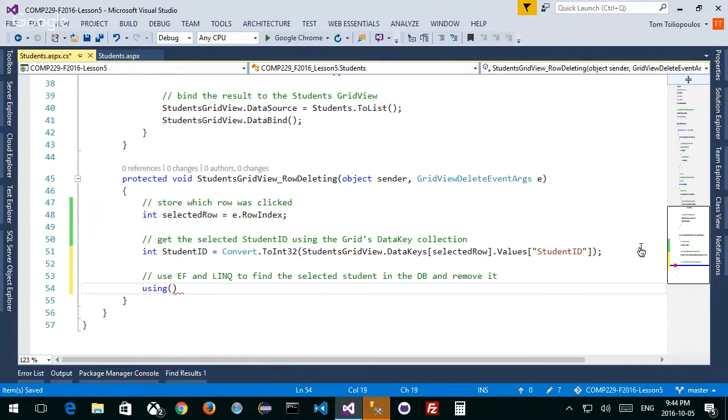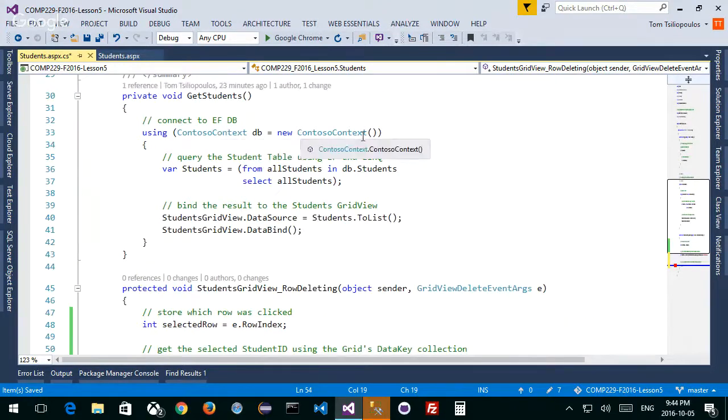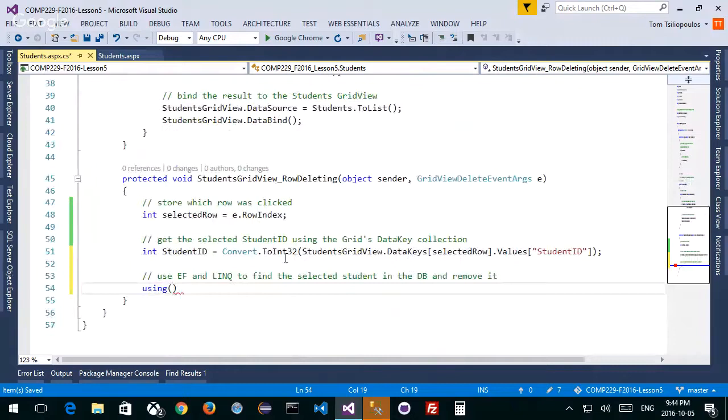I'm using my using statement again. And I'm going to do the same thing I did last time. If you look up here, I already did it up here. Contoso context, DB, blah, blah, blah. It's exactly the same, which means I'm duplicating myself. If I'm repeating myself, I probably could have done this in one line and said that I connected one time. All right? The great thing about the using statements is everything that's contained in the using statement, you connect and disconnect. It doesn't keep the connection open forever.